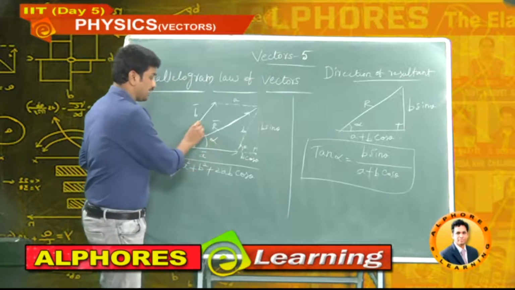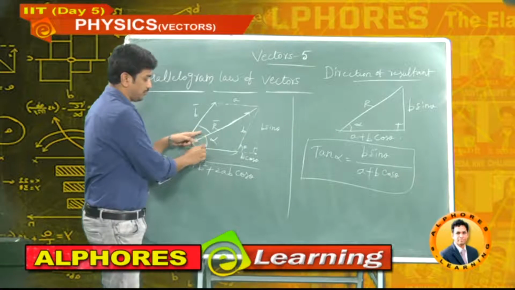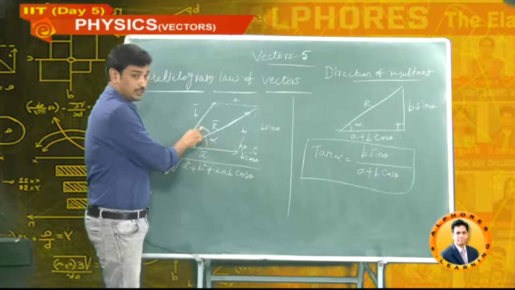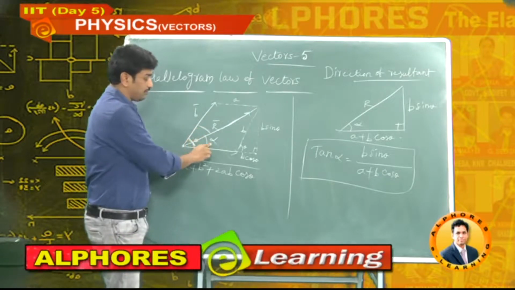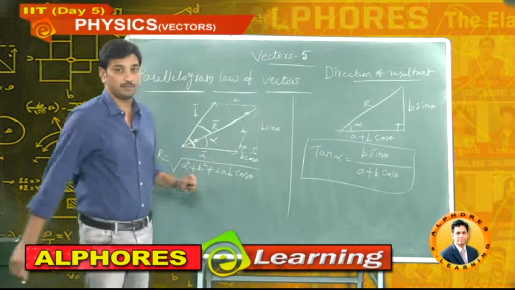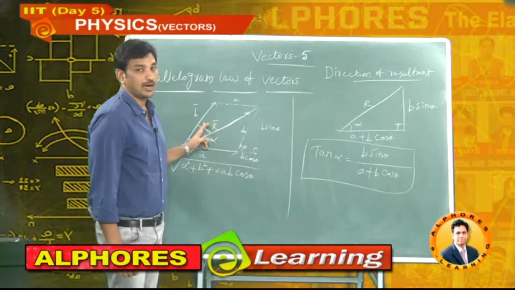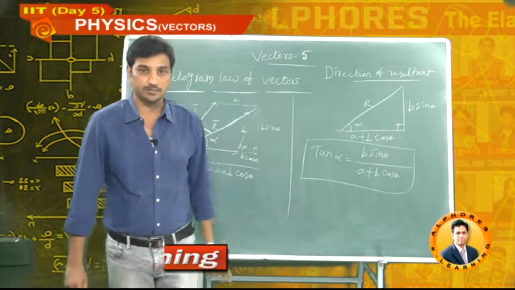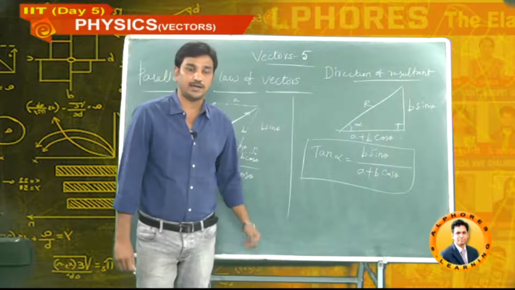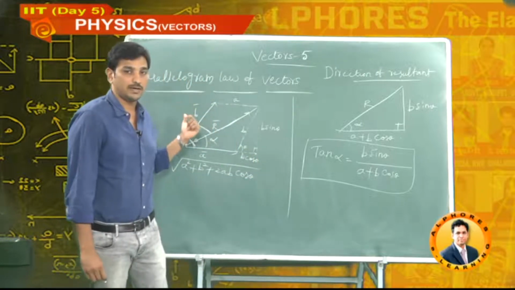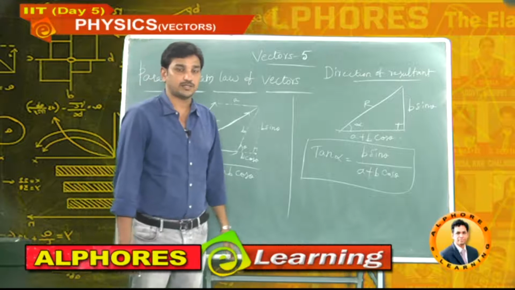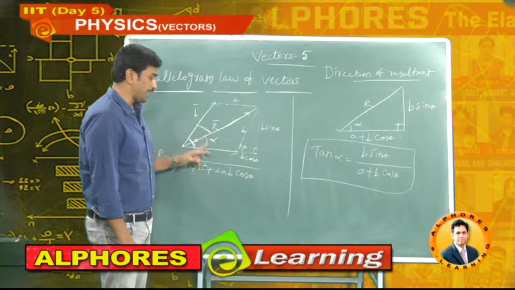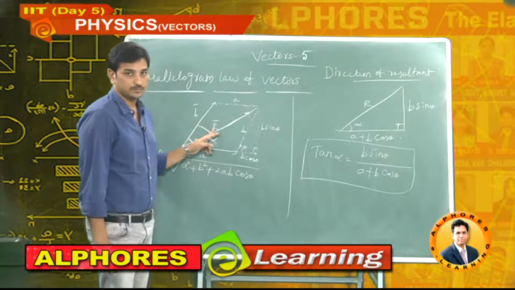Similarly, how to calculate this angle? Theta you know, alpha you know. This is theta minus alpha. One you know, the second one is easy to calculate. What is the angle made by the resultant with B bar? That is theta minus alpha. So with A bar it has an angle of inclination alpha, and with B bar it has an angle of inclination theta minus alpha. One more point: two vectors are two sides of the parallelogram, resultant is the diagonal.